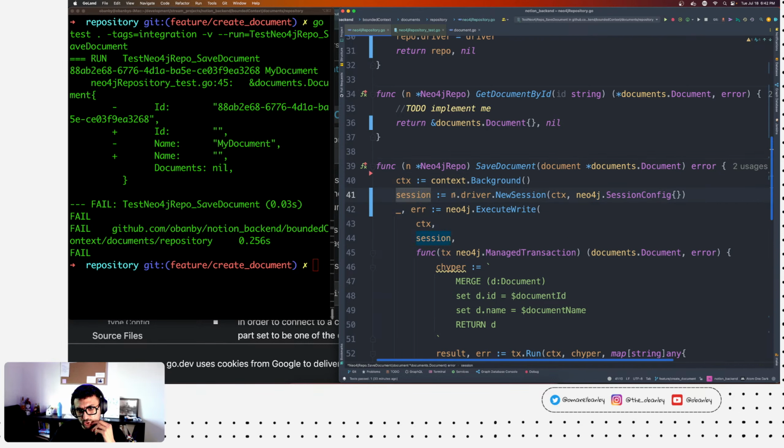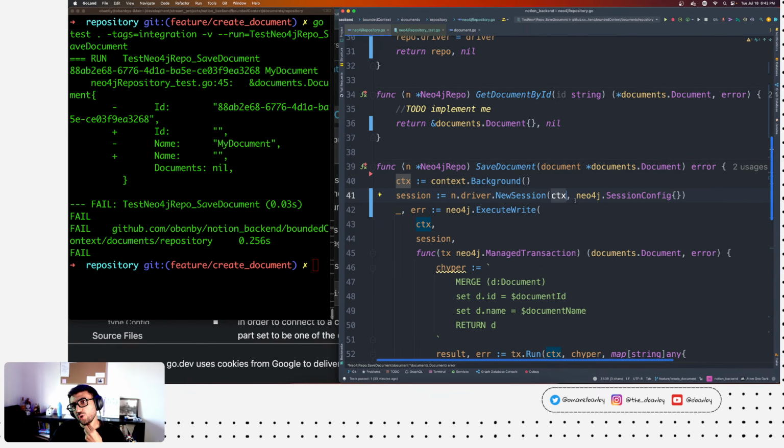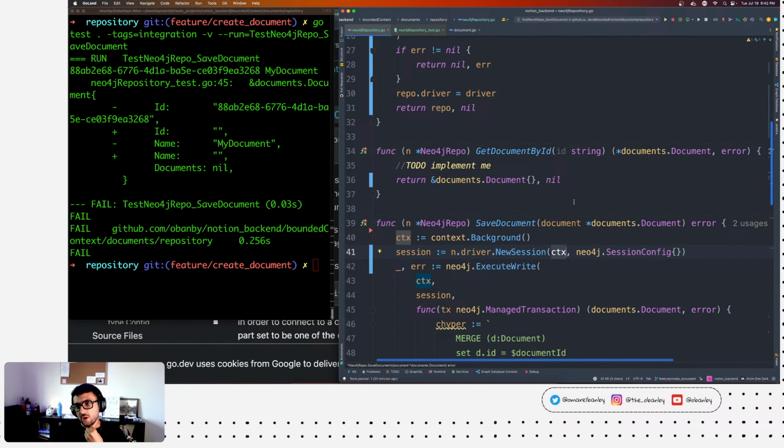So now when we look into the session right here, we should do it this way, so we can pass in the context that we want to pass. The reason why I also don't want to share a session is because maybe the context is not valid.